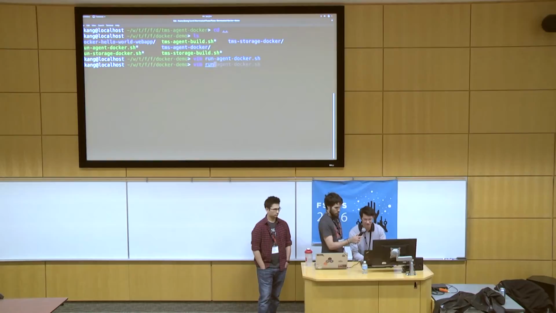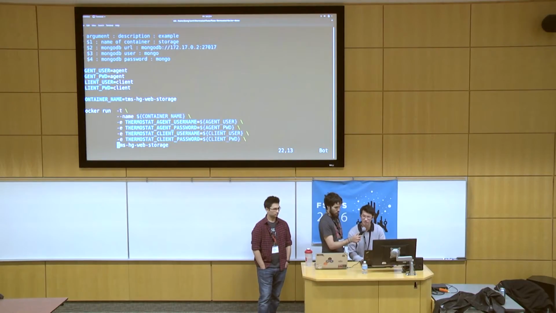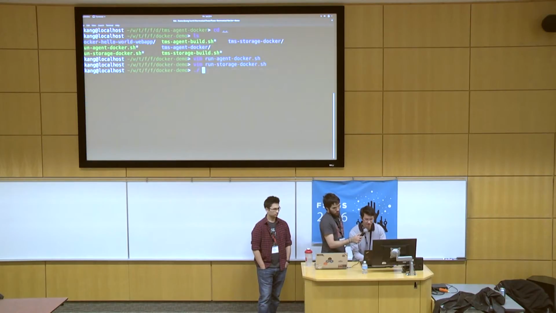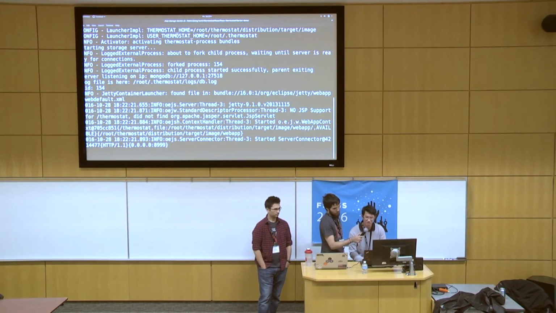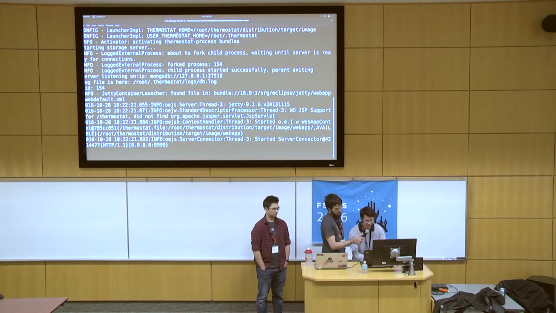Going to the storage one, it's pretty similar, has credentials for connections, and it just runs the container. So we can run the storage one. Hopefully I've set this up properly. And yeah, so the storage just started. The output is pretty similar to the local machine, except this is in a container. So if I open the tab